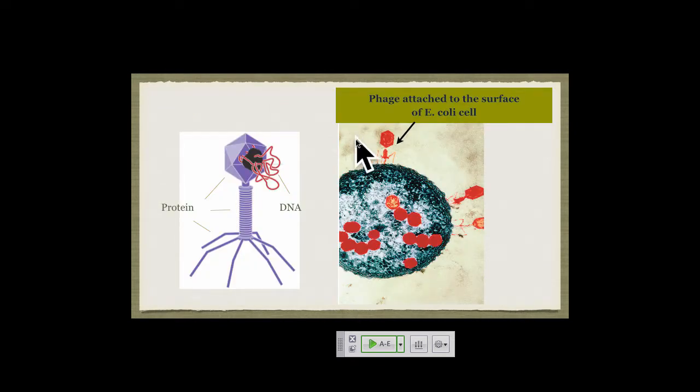So this is in a cartoon form what these phages look like. It's a rather complicated protein structure. So this is this icosahedral head. The DNA is packaged in here, and then all of this apparatus is really intended to do one thing. Now we know that the DNA is going to get transferred through this shaft portion of the phage into the cell. At the time, they did not know this, so that was what this experiment is really all about.